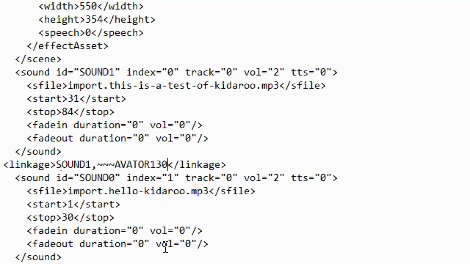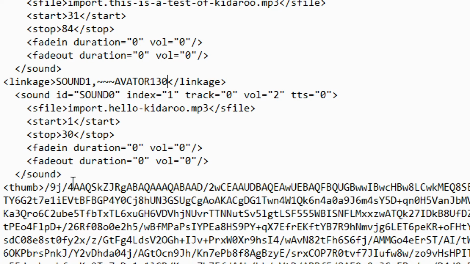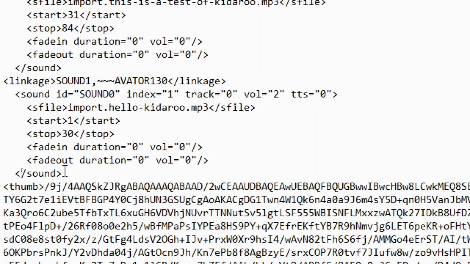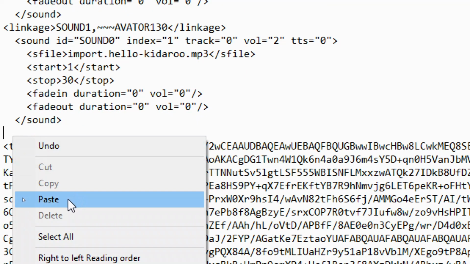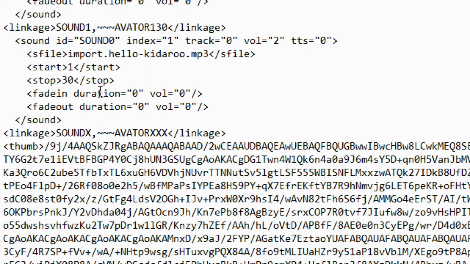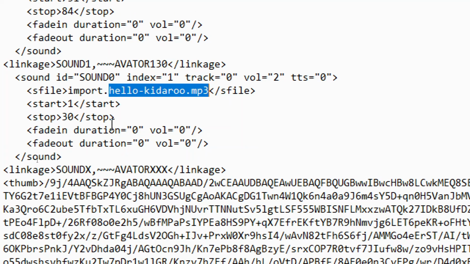Okay, so we're done with the Kitaroo. And now let's go to Diesel. So again, you want to paste the code. Actually, enter, and then you want to paste the code. Okay, so your sound ID for the Hello Kitaroo voice of Diesel saying Hello Kitaroo. I'm sorry if I'm stuttering. Okay, so the sound number for that